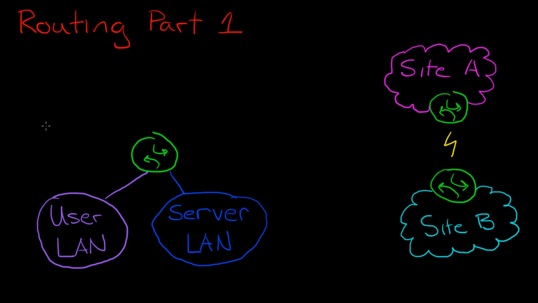Welcome to part 1 of the routing series. In this series, we'll explore the role routers play in computer networking, as well as the related technologies that help them function. Now, as you'll remember from the switching series, switching mostly had to do with how we move data around a local area network, or a LAN, and routers are mostly concerned with how we move data beyond those individual LANs. And this can be both inter-VLAN,